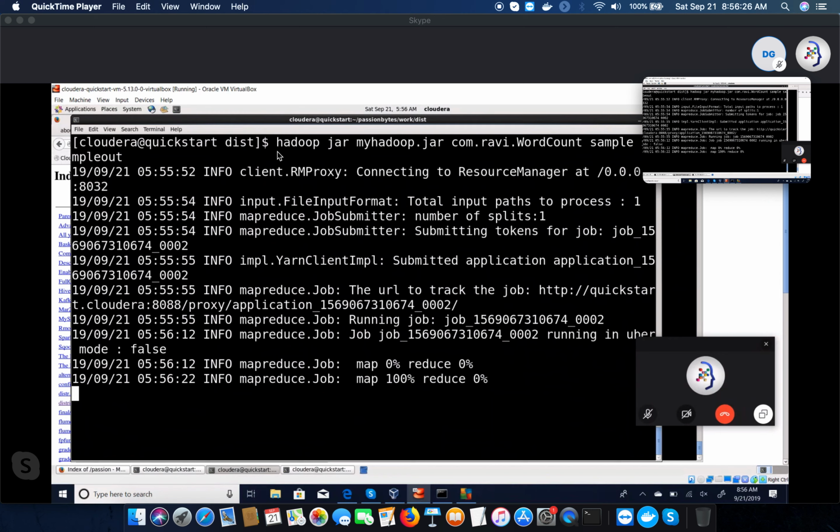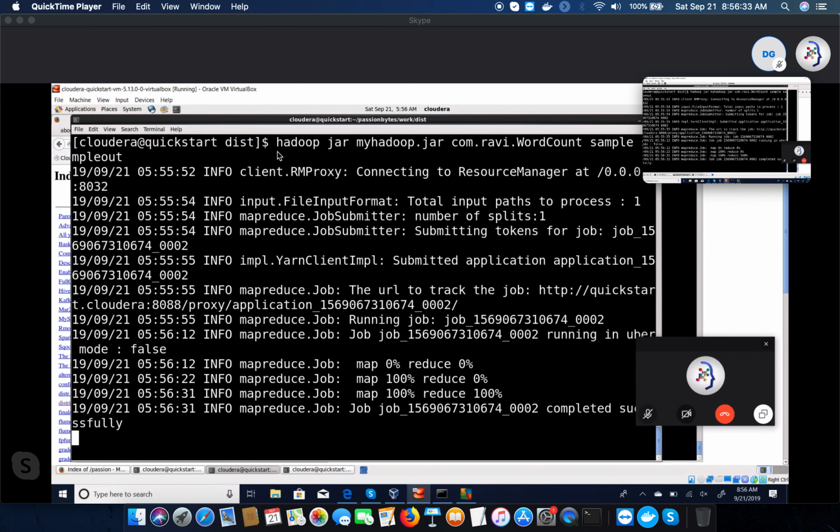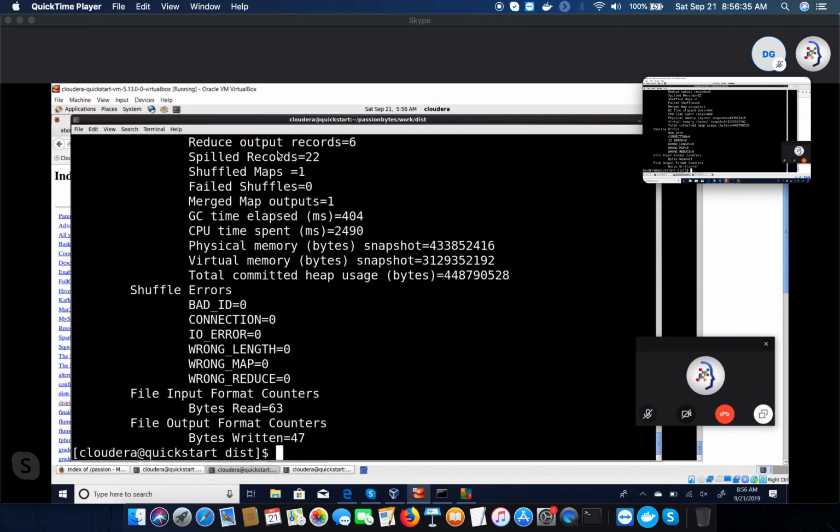Make sure that you are commenting out the line that I deleted in the main program. There is a line called job.setNumReduceTasks(0). We have not yet reached that level. So please comment out that line or delete that line. Everything is completed. First thing that you need to watch, go to the browser and then